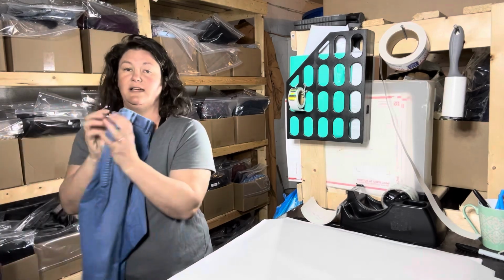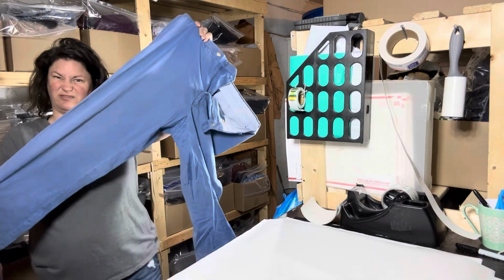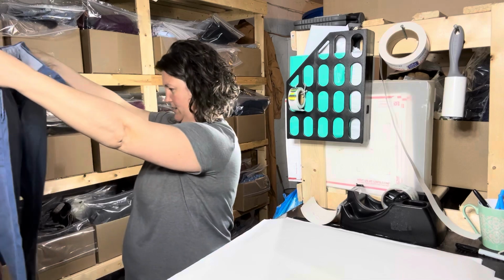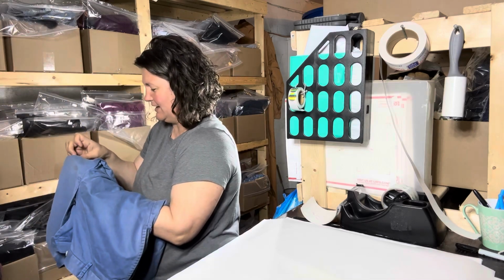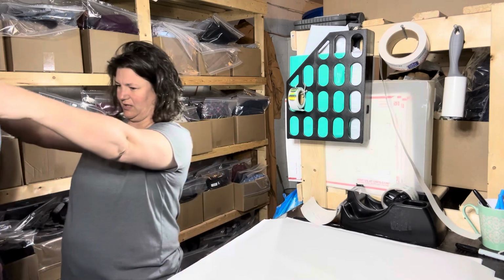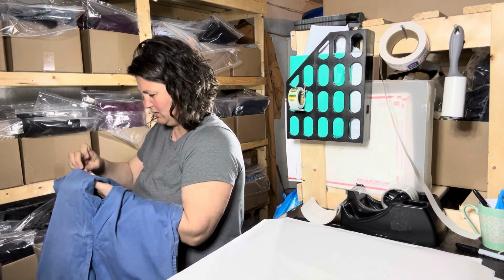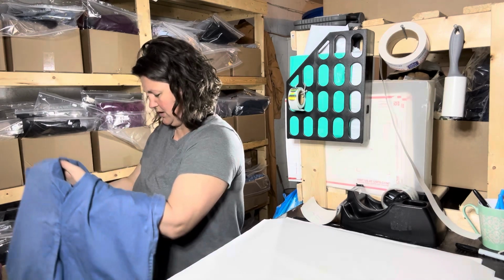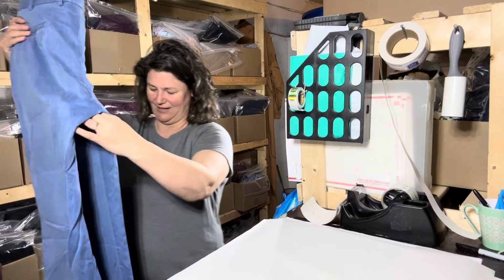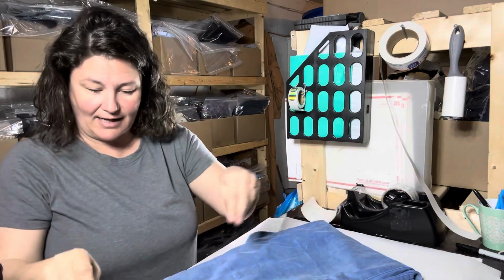All right. These are a pair of pants. They have a feel of like khaki pants, but they are blue, obviously, if you can tell. These did have a couple of issues with them. Nothing major. There's just like a spot somewhere. I don't know where, but somewhere. And they kind of look faded. I think that's the intention, but I don't know that for sure. Anyway,